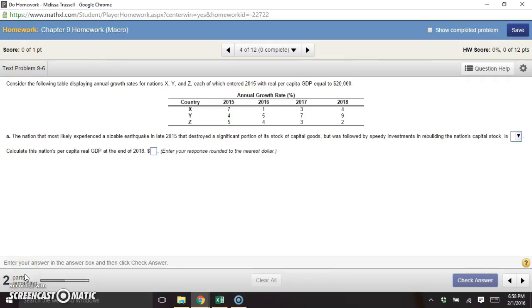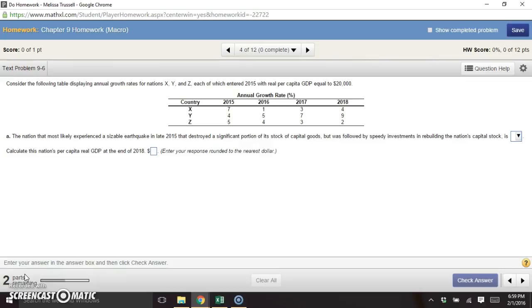This is text problem 9-6, and we're given a table here with the annual growth rates for 3 different countries over the course of 4 different years, from 2015 to 2018. And we're told that each of these countries started with a real per capita GDP equal to $20,000. So the first part of the question says, the nation that most likely experienced a sizable earthquake in late 2015